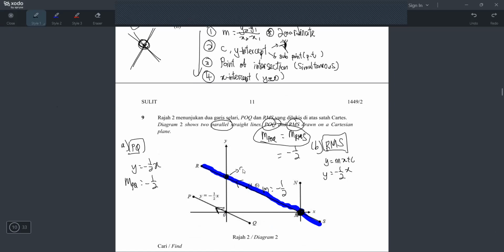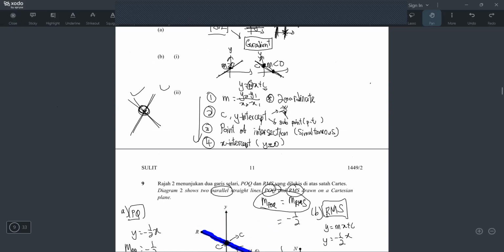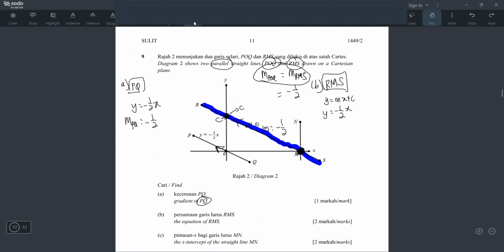So this is your c. Ataupun this is your y-intercept, your pintasan y. So ada bagi ke tak dapat? Tak bagi. So tak bagi, right? So just now I say what? Kalau guna mata tengok tak bagi, apa kena buat? Awak kena sub point yang ada passes through. So sub means you ganti masuk. So apa you buat? Since saya tak ada c, saya tulis je c,